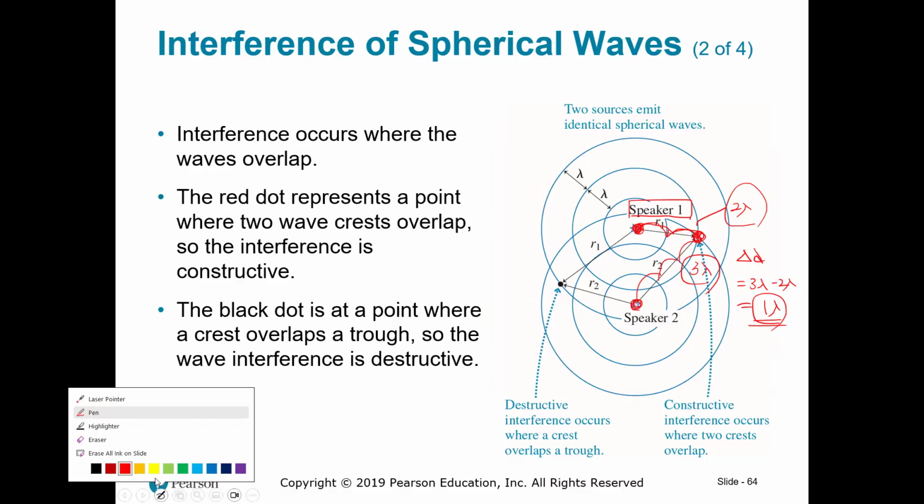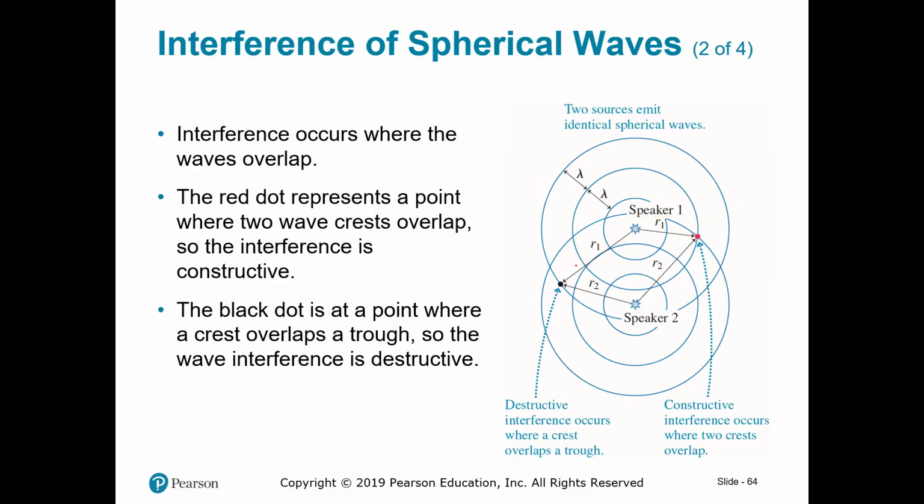Because it's a whole number of lambda, right? For example, what happened here? Again, 1 lambda, 2 lambda, 3 lambda. R2 is what? 1 lambda, 2 lambda, and 0.5. So the path length difference is 0.5 lambda. So this is the position where you have a destructive wave,